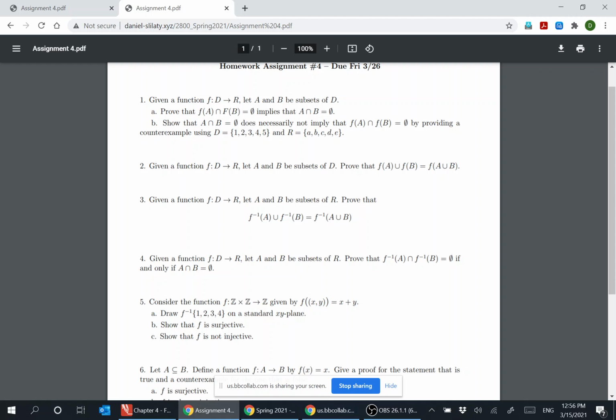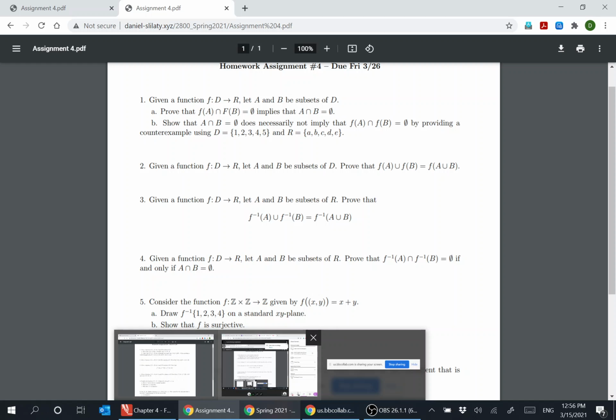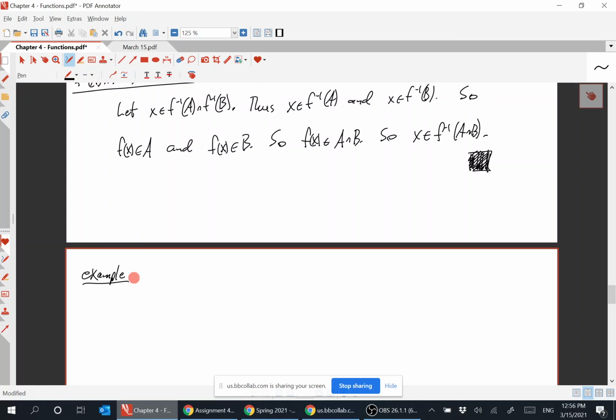Oh, so right, in the homework it was to do this with unions. Oh no, we can do that. Prove that the image, that A, which one is it? Right. A